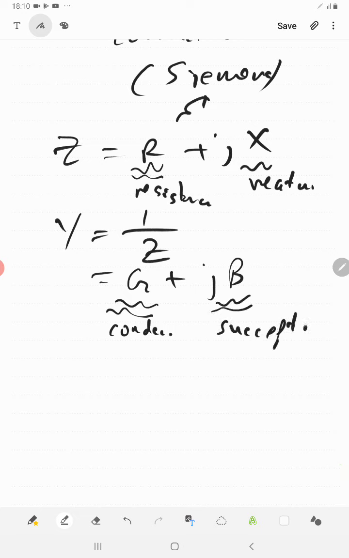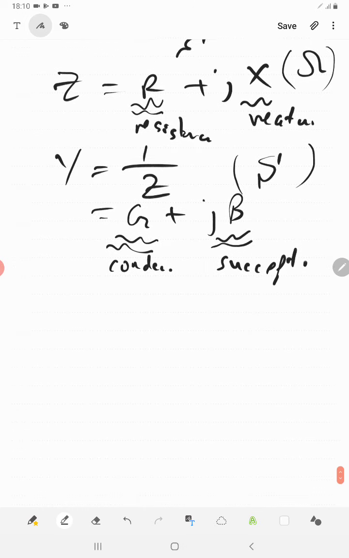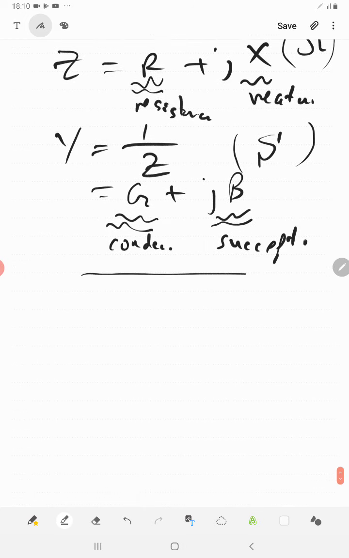Units in Siemens, while the unit here is in ohms. I want you to read these things and apply them to the circuits, DC to AC circuits, find series and parallel impedances. And then jump to